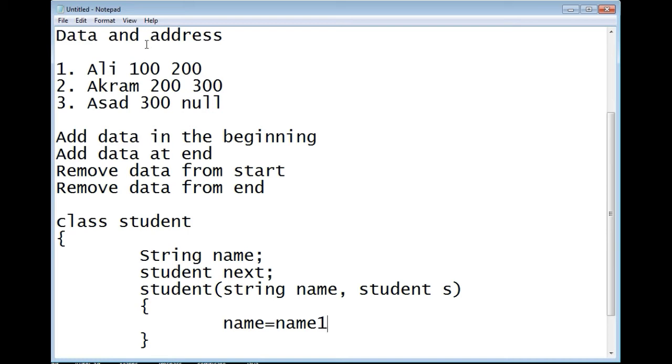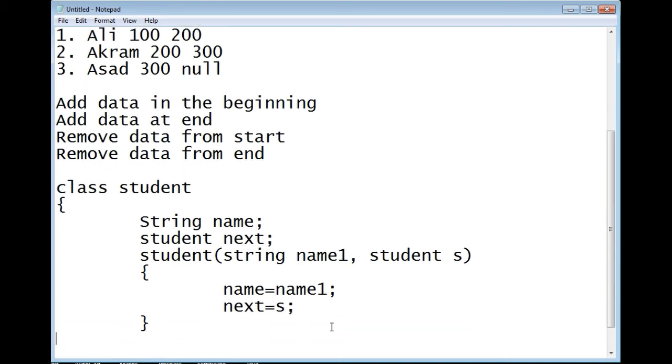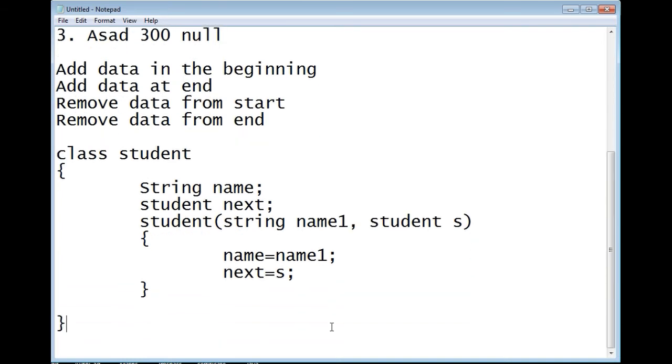So this is name1. The string is passed from the program, from the client class, and next is Student, next will be S. So this is a simple class, and we will use it in any other class to make lists.